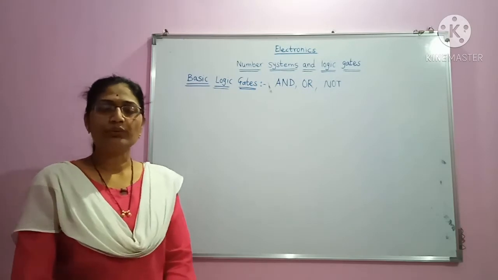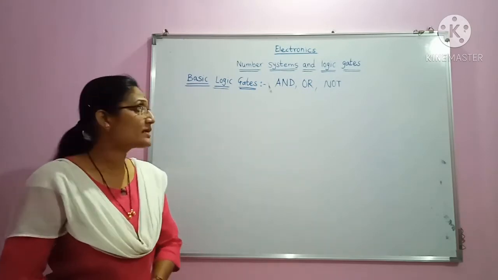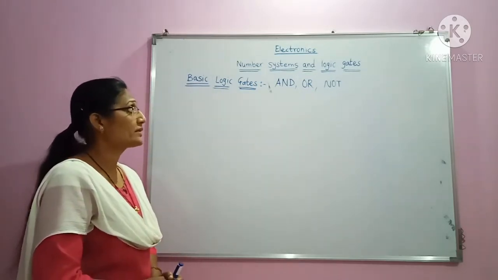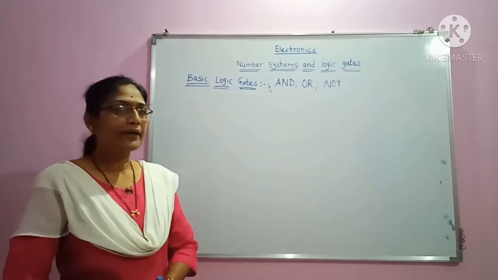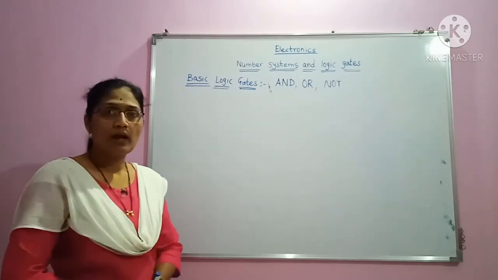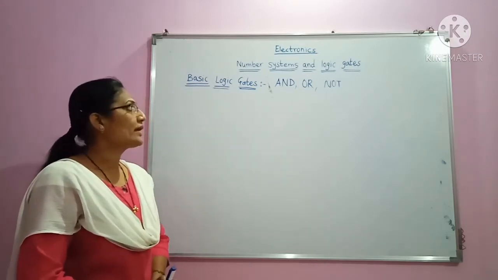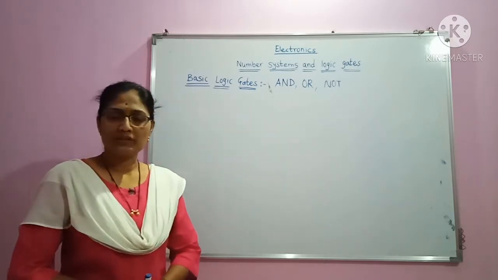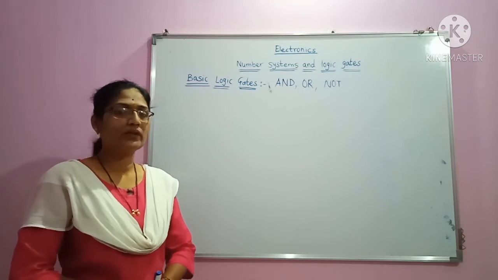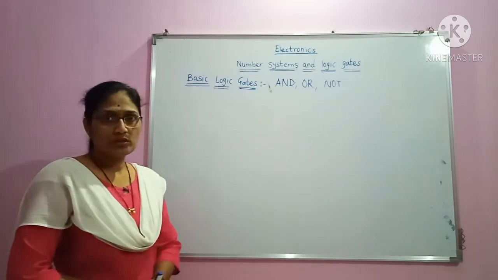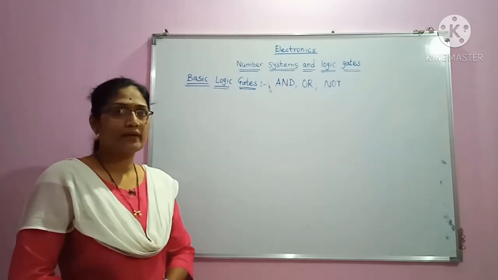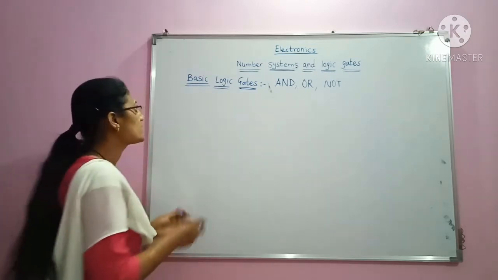There are two universal logic gates, and these are derived from the basic logic gates AND, OR and NOT. These operations are very important because any operation that can be done with the help of basic logic gates can easily be done with the universal logic gates, and we have seen that there are two universal logic gates,